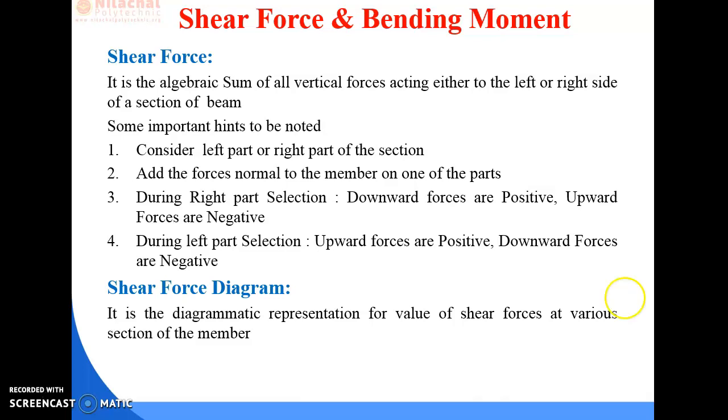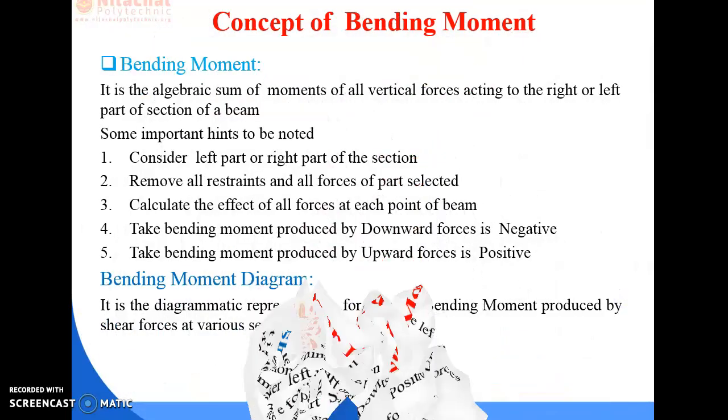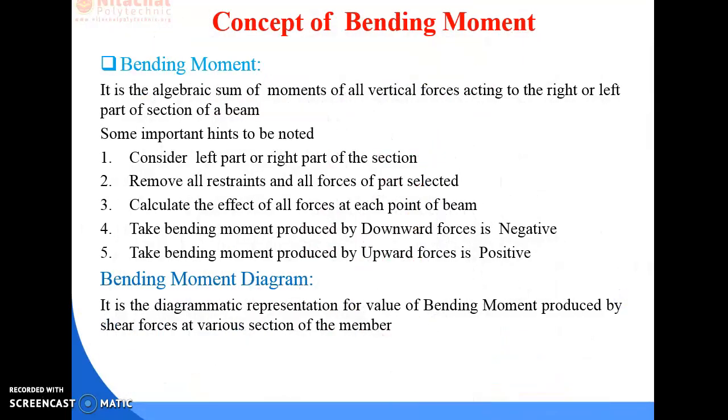Next, let's go to the calculation of bending moment. As you know, moment is a turning effect produced by a force, and it is the multiplication of the force and the line of action, that is the length of the beam upon which the force is acting. Now M is known as the moment of the section, and M is equal to W into x.